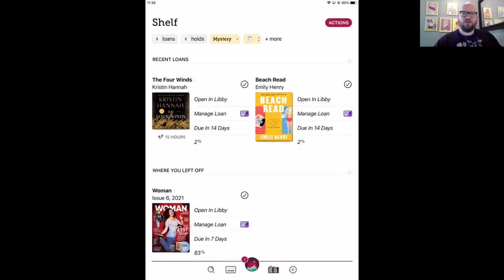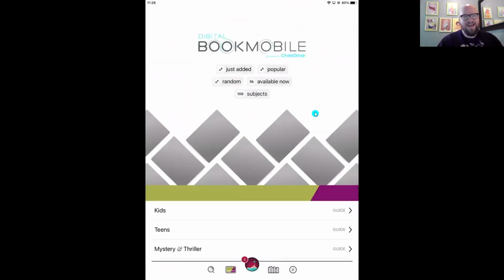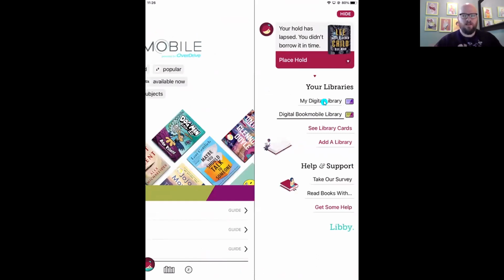Kind of a yes and no answer to that. You can only access titles that you have the ability to access. If you have a library card for multiple systems, like if Marissa opens up her Libby menu here, you'll see she has 2 different library cards for our 2 demo libraries. So if her top one, My Digital Library, doesn't have it, she could hop into the Digital Bookmobile library and check there. So the only way to access titles not in your system is to have a card available for